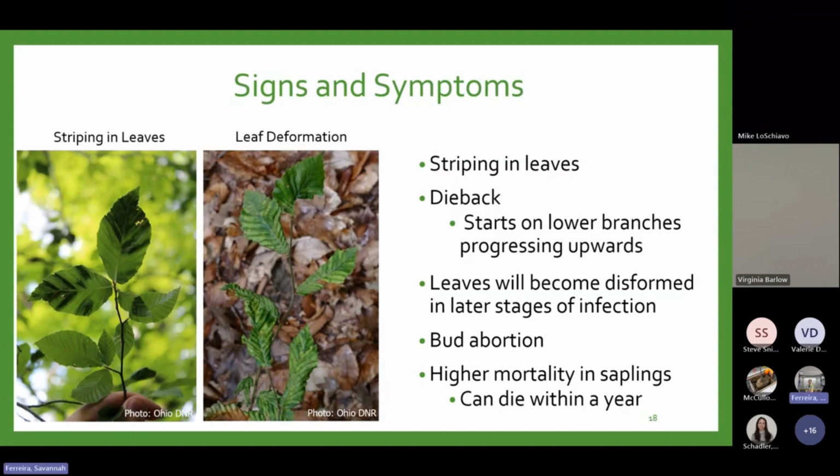So what does beech leaf disease look like? In early stages of infestations, beech leaves begin to develop a striping pattern in between leaf veins, as shown in these pictures. These bands are going to be visible immediately upon bud break in the spring, and they actually don't progress in severity throughout the growing season. In early infestations, these affected leaves may be unevenly distributed in the lower canopy, but the best way to see them is from viewing from below. So if you go underneath the tree and you look upwards into the canopy, in more severe infestations,